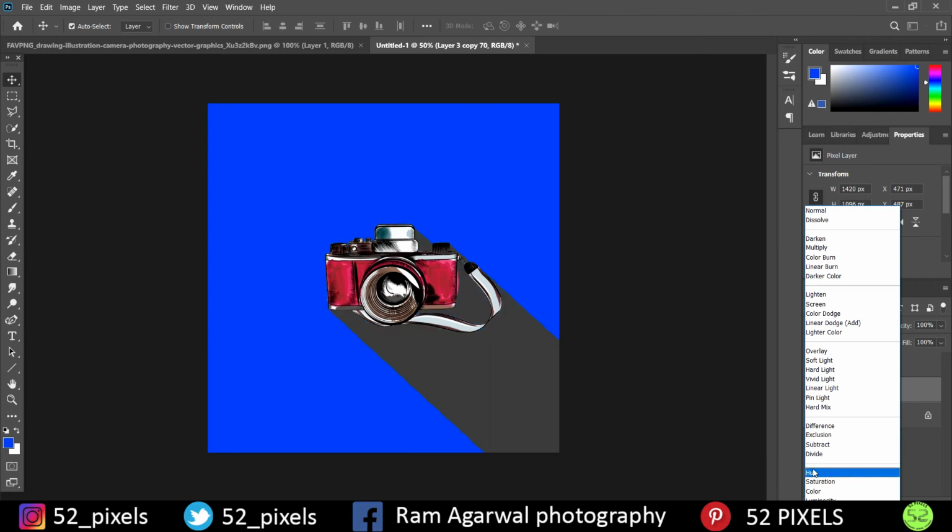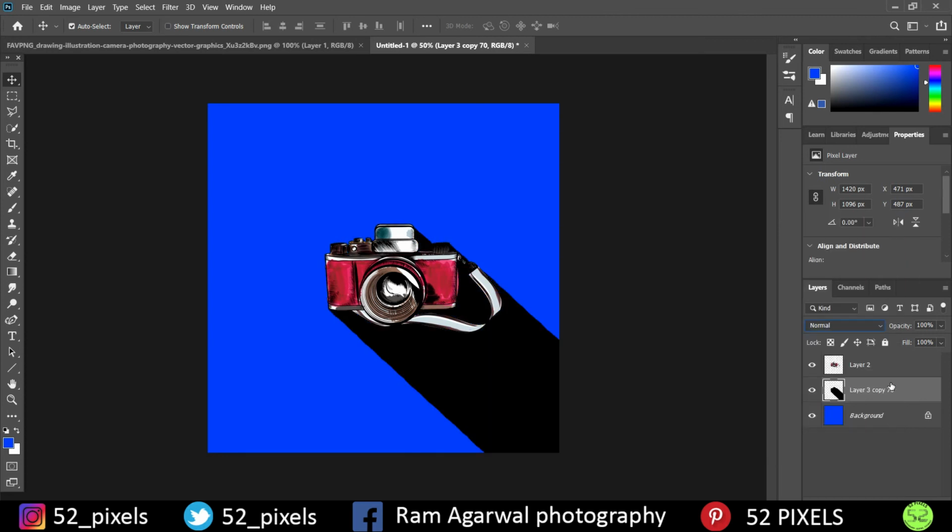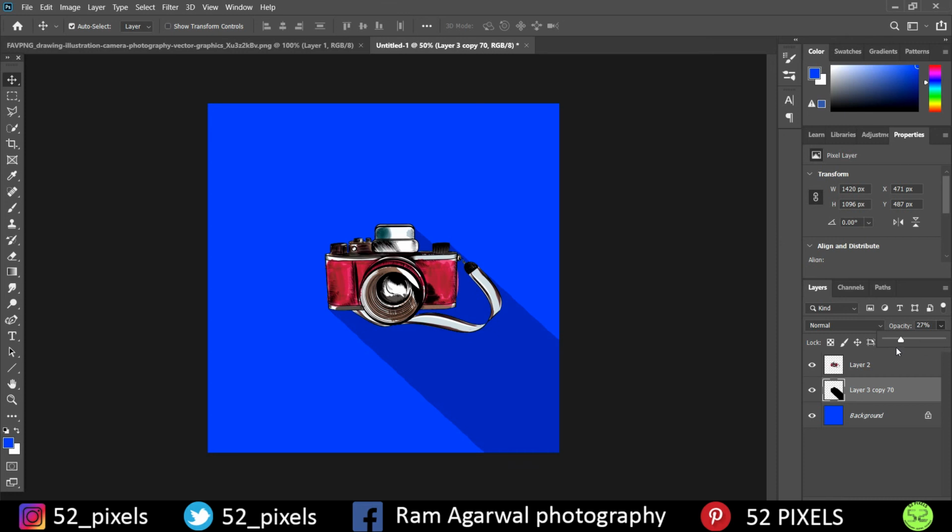It's totally up to you if you want to go with blend mode. But in this case, I prefer going to opacity and reducing the opacity so that I can get the preferred result. So instead of blend modes, I prefer opacity in this particular case. My opacity is down to 16%, and as you can see, it looks like a shadow. It's like a blunt shadow of this vector object.